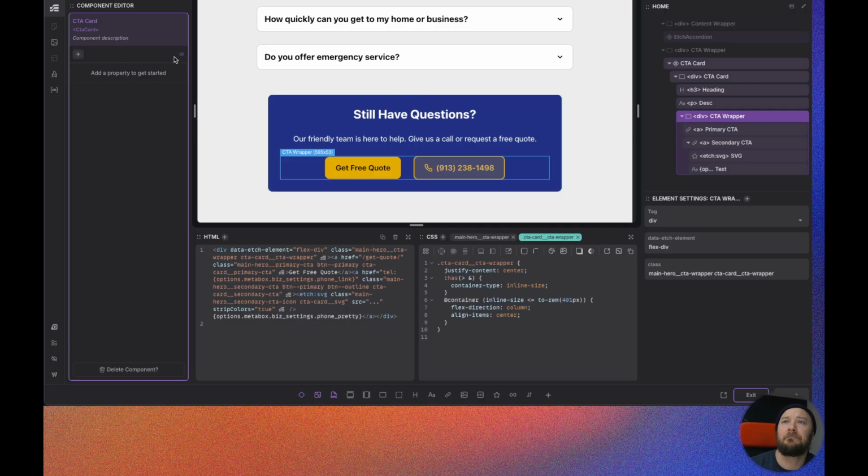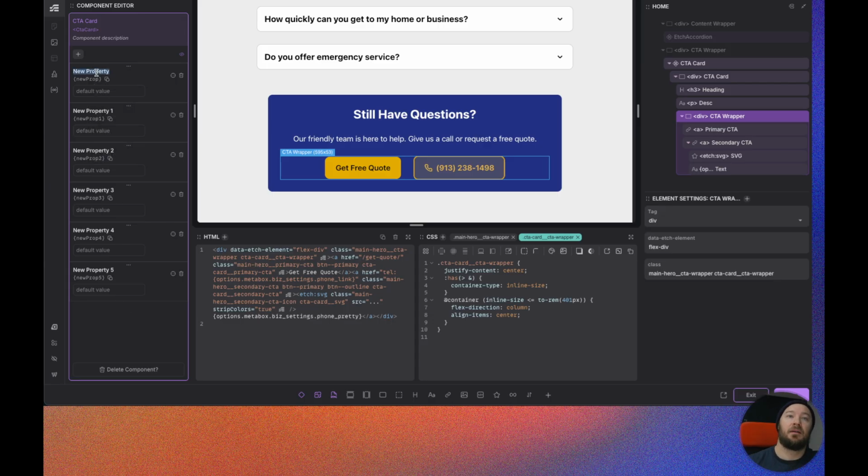And actually, you know what? On this card, I take that back. Let's add in some props for this. Even though I didn't really need them right now, I'm gonna do it. And we need 2 more. Okay. We're gonna go heading, description,